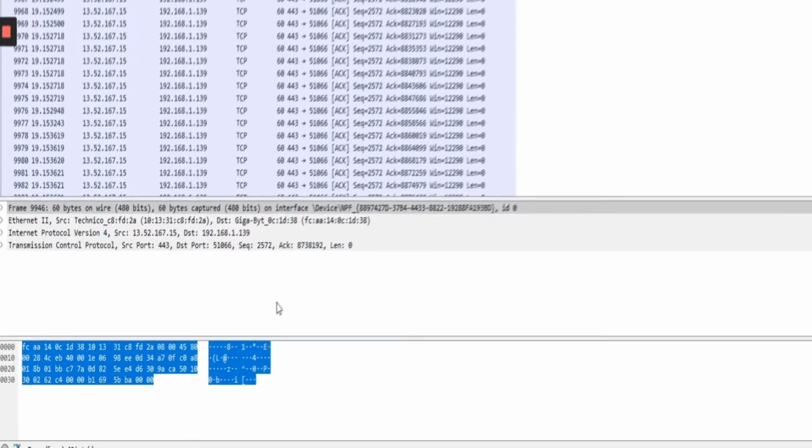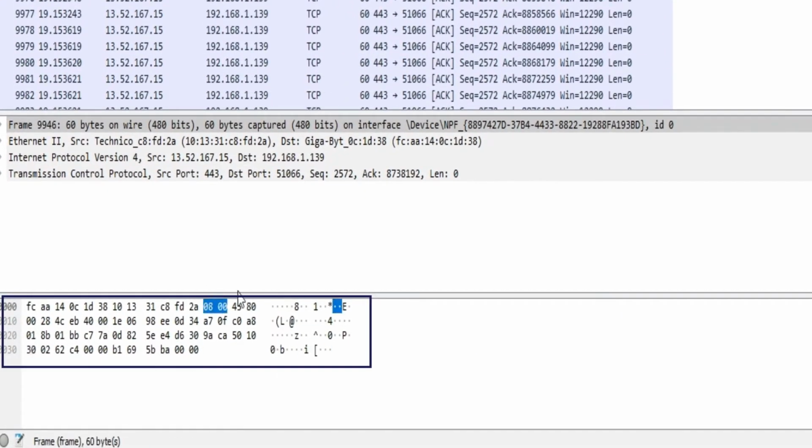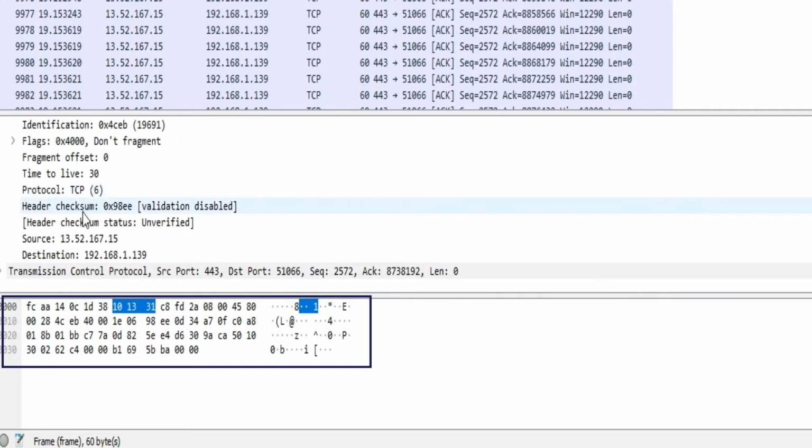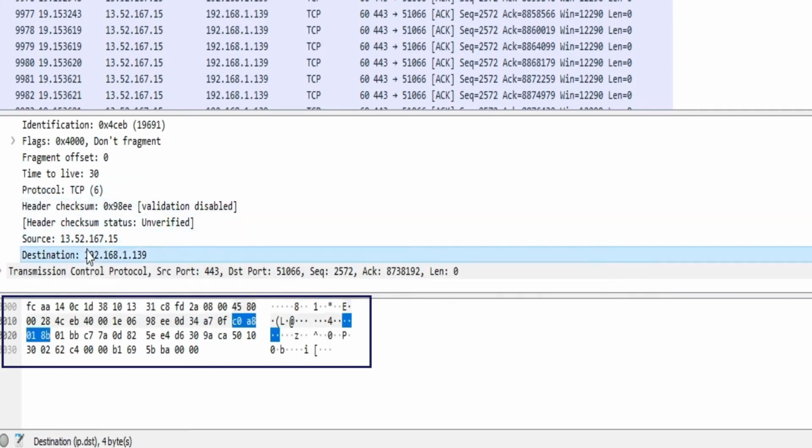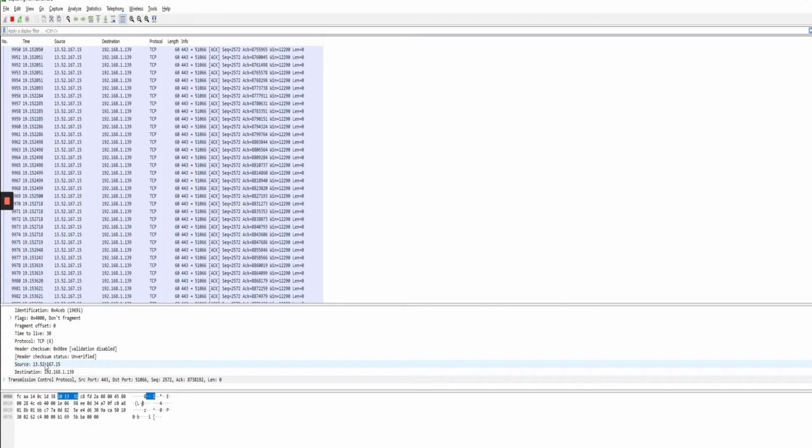Below, we can see the packet presented hexadecimally on the left, and on the right in ASCII. Because this is a representation, for each click on a parameter, we'll see where it is both in the ASCII part and the hexa part.